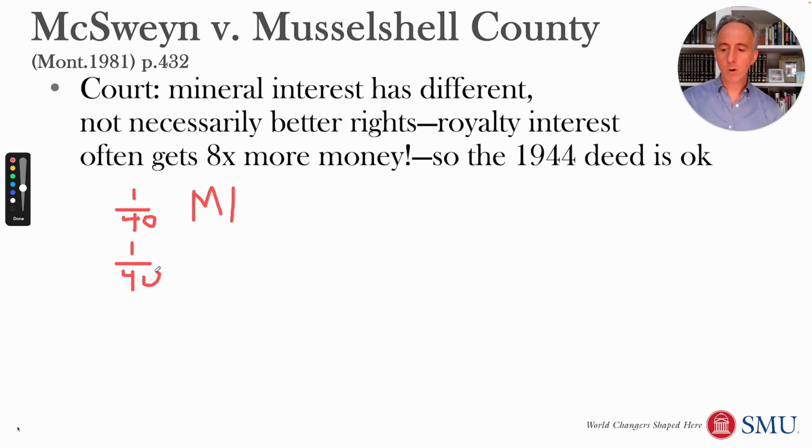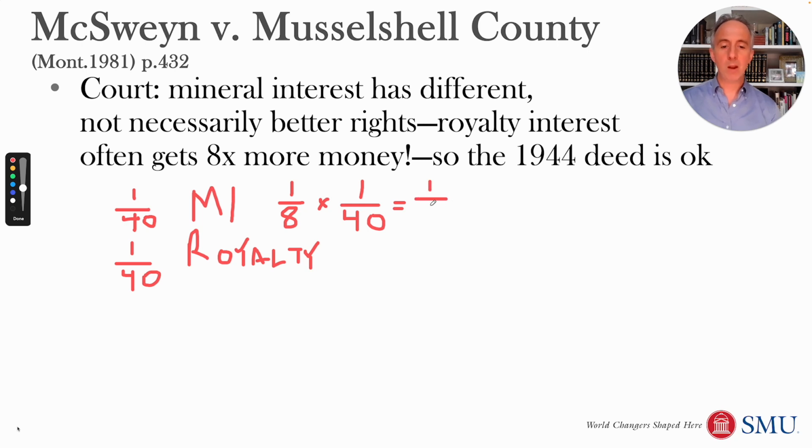Now, what I want you to think about as you think about that is which of these is going to be bigger. So the mineral interest, if you leased it, what would you receive? If they leased it to McSwine, what would they get? Well, what do you usually get for a mineral interest? What you usually get is a royalty. So they get a 1/8 royalty normally. Maybe they could negotiate a little better, but that would be 1/8 of their only 1/40th of the minerals under the ground. And so they would be likely to receive a